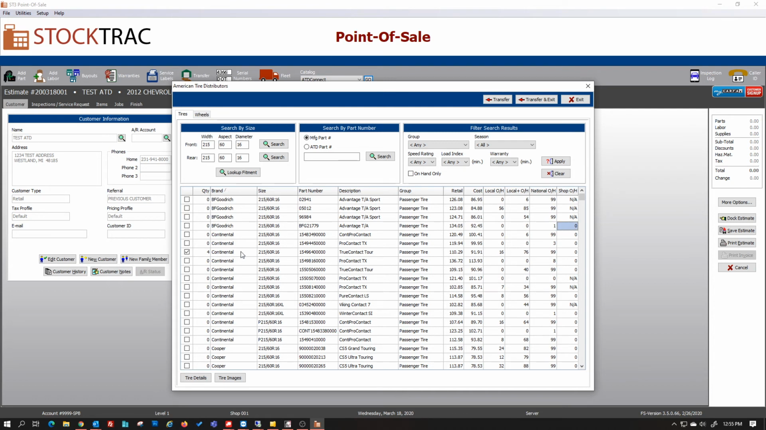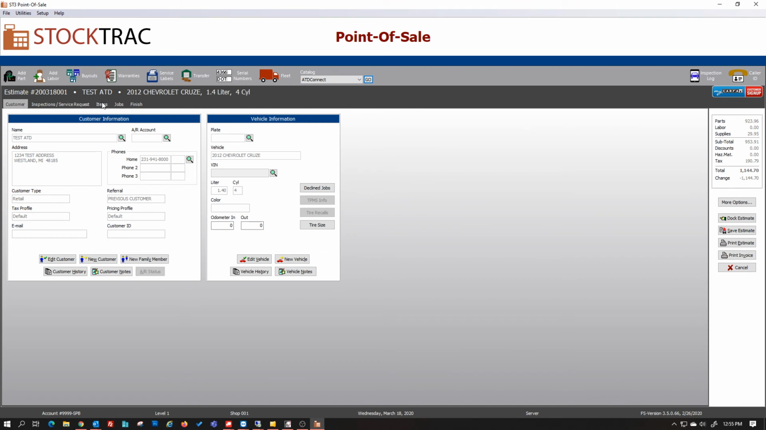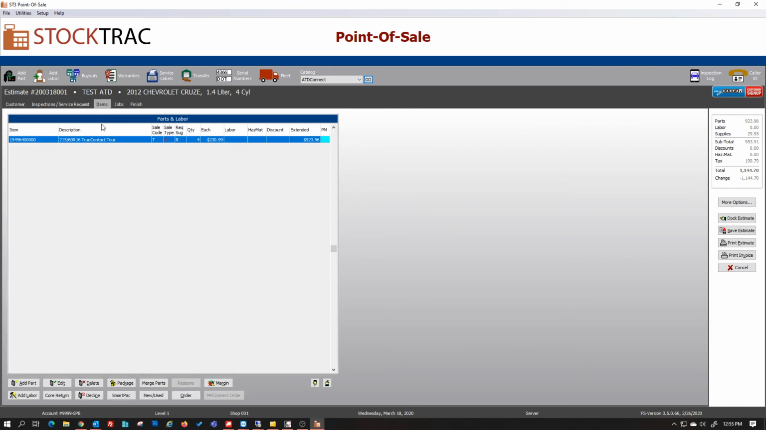So let's just bring this Continental back into the ticket. And all you got to do is just hit transfer and exit here. So once you do that, you go to the items tab here. And then you got True Contact Touring Tire. Now, if you want to order this tire, if the customer agrees to everything and all looks good, down here in the bottom, you click on the order button,